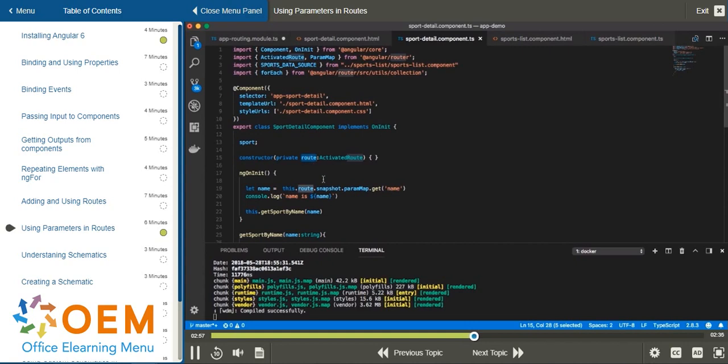ActivatedRoute is going to give us runtime information about the route that brings us to this component, and this is our way to find out what the specific sport name was that the user passed along. Next here, we're going to jump into our component